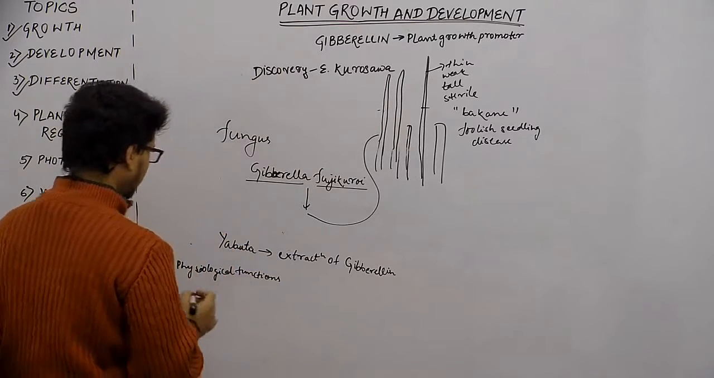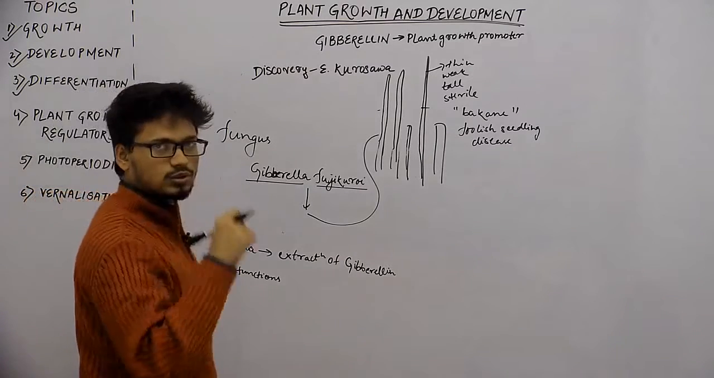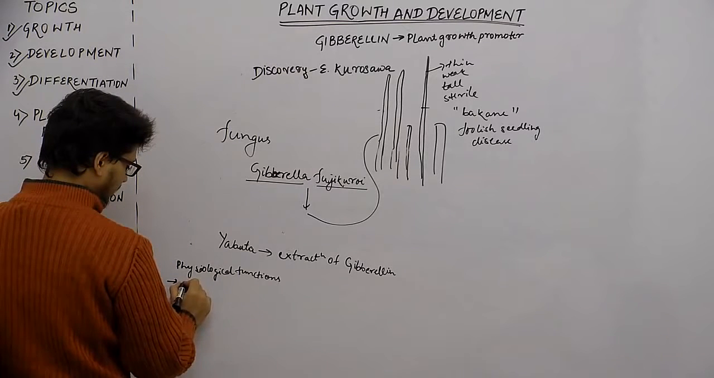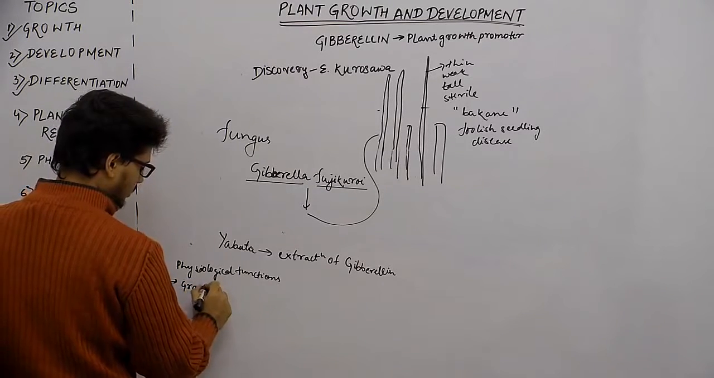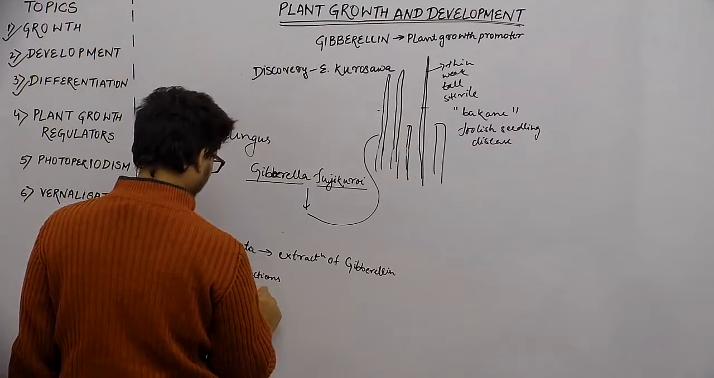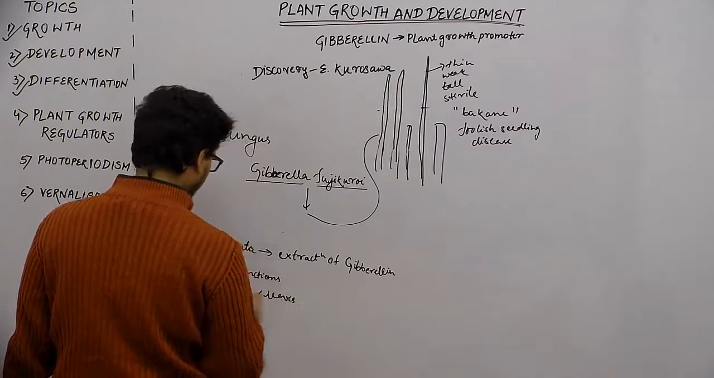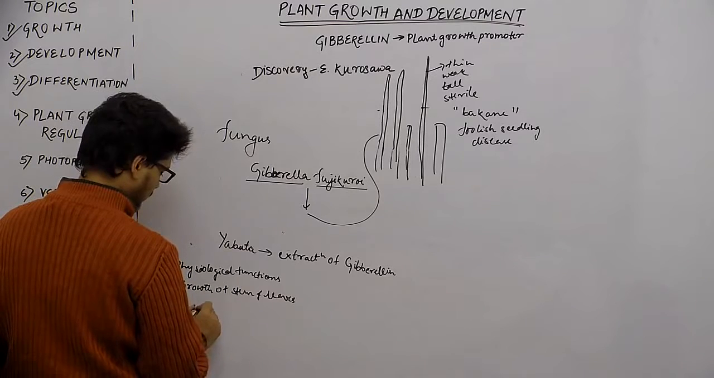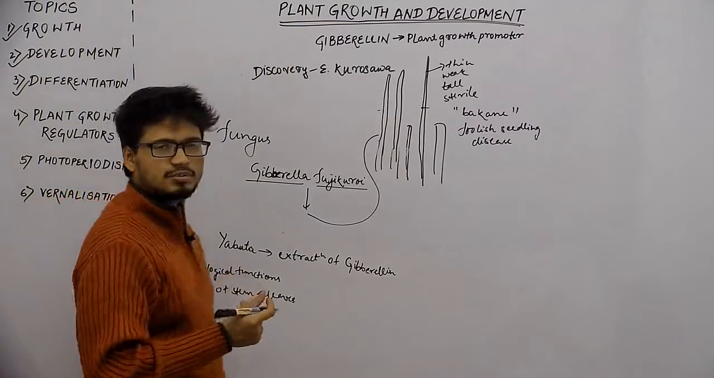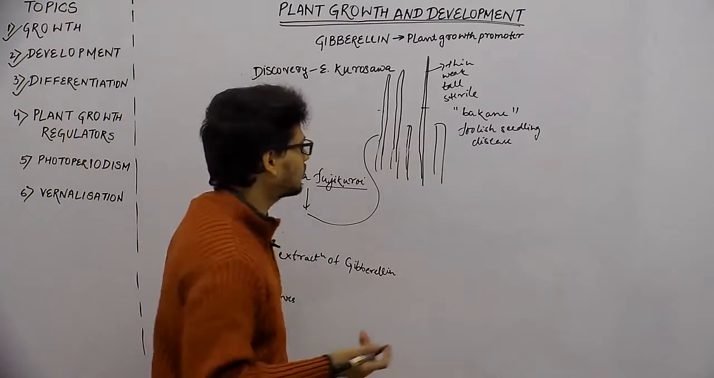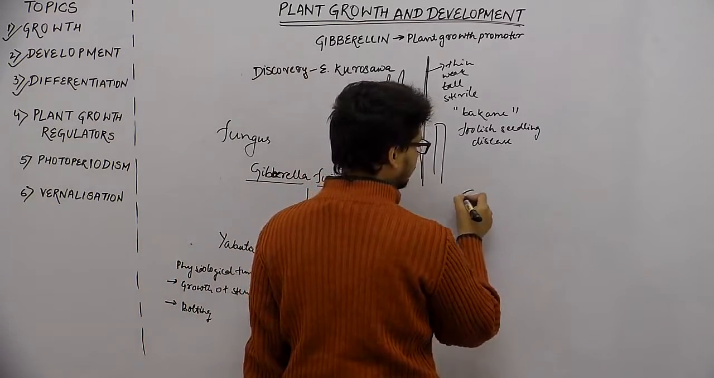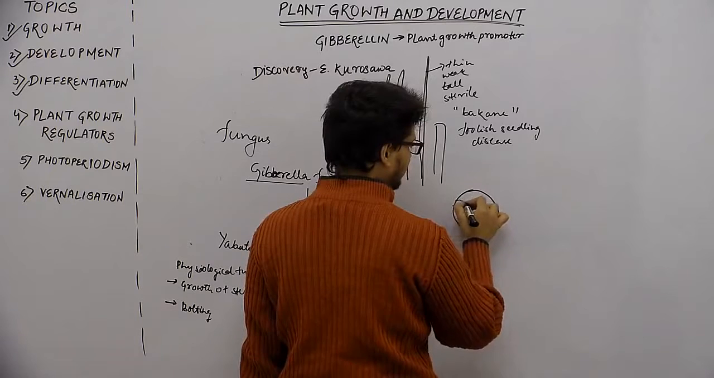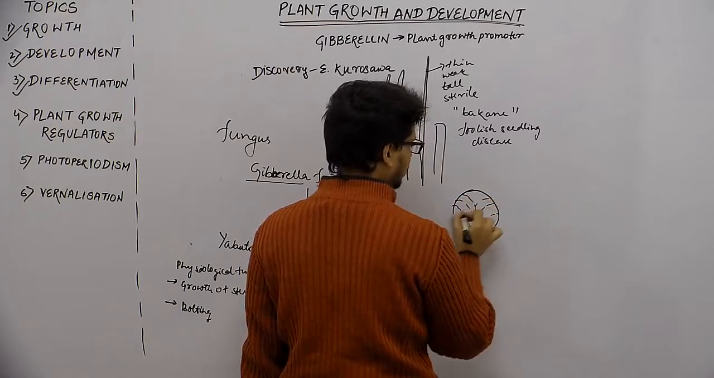Now, because it is a plant growth promoter, it will cause growth. So the first thing is growth, that is it will cause the growth of stem and leaves. Okay, the second is bolting. Bolting is a process that occurs in rosette plants. Now what is a rosette? Imagine cabbage, and in cabbage there are layers and layers of leaves